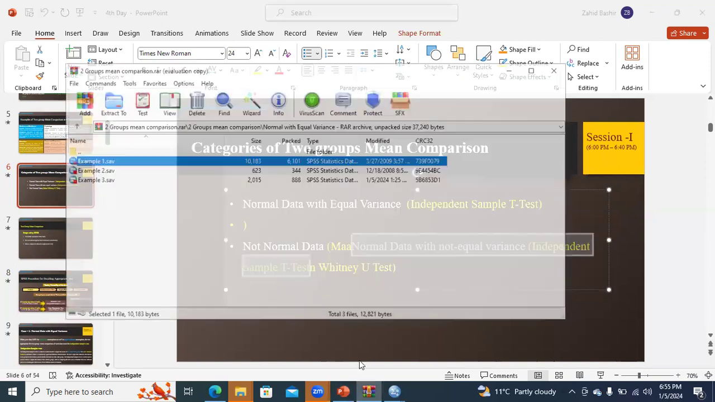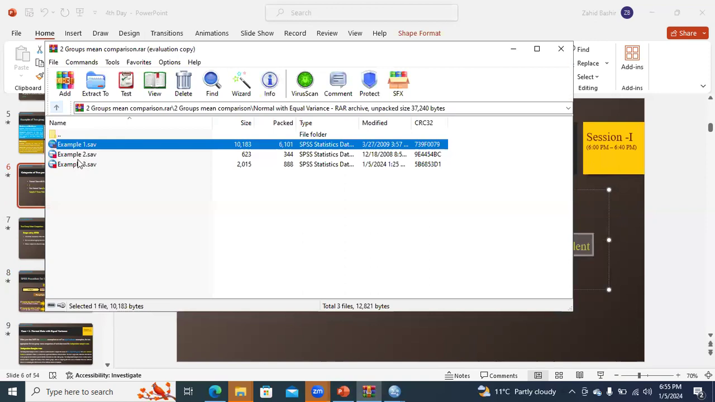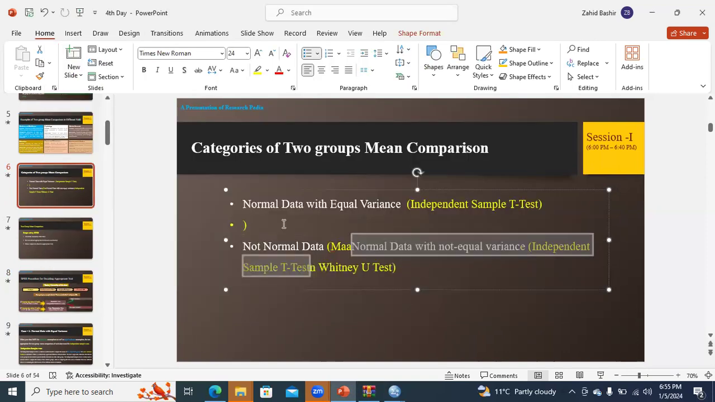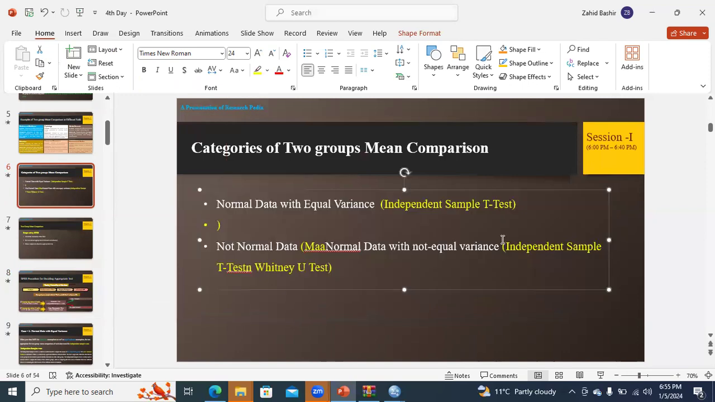So in your data set, you need to open the normal with unequal variance folder. Here you find two data sets, example number 4 and example number 5. Actually, the first three examples are related to our first category, which is normal with equal variance. So as we are doing the next category,